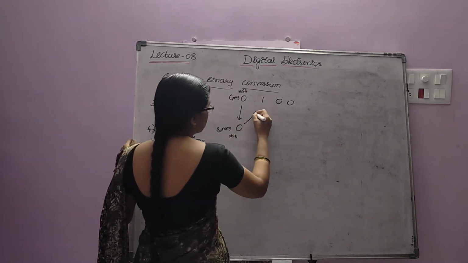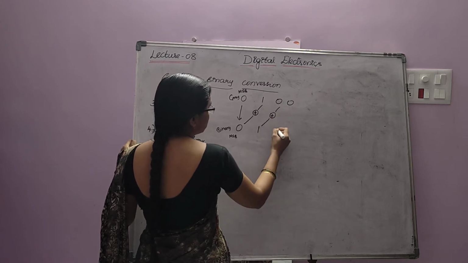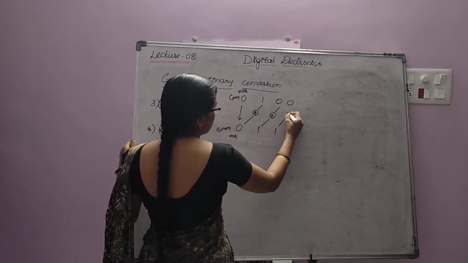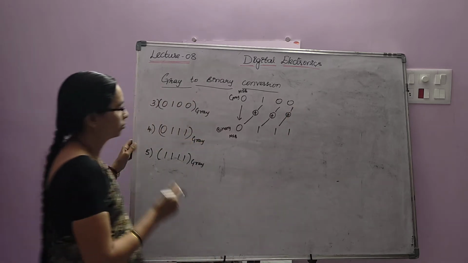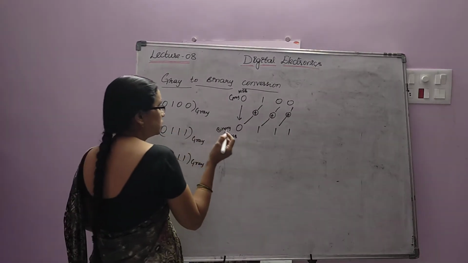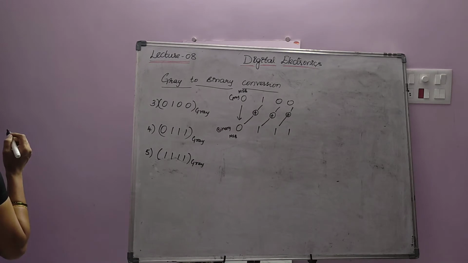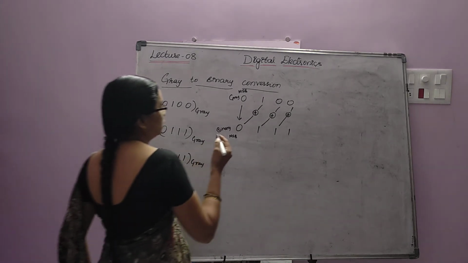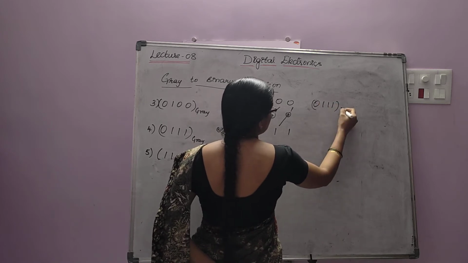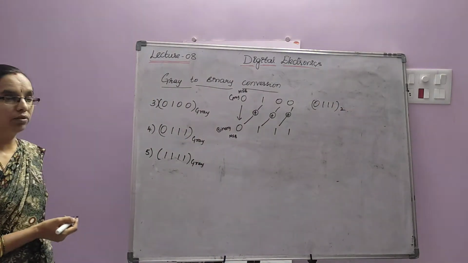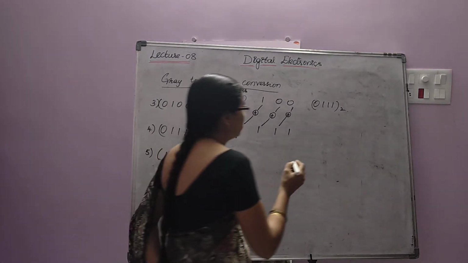This 0 is XORed with 1, then 1 XORed with 0, 1 XORed with 0, that is 1. So 0100 can be written as 0111. Just check in your table. This is the binary equivalent of gray 0100. And the XOR gate implementation,